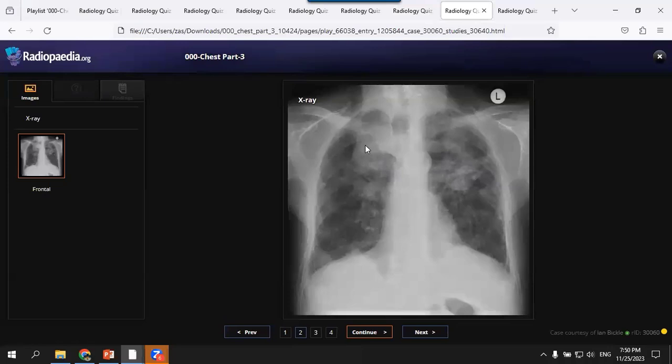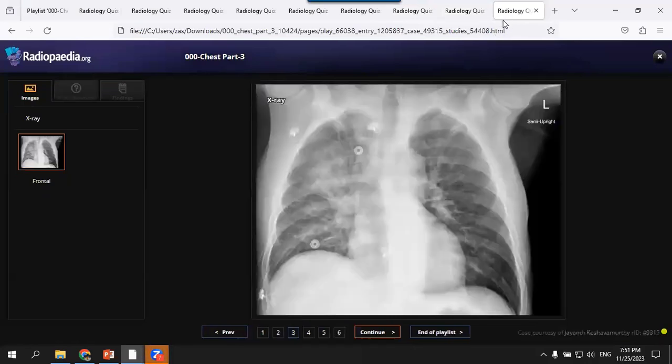What is the differential? Tuberculosis comes on top of my differential diagnosis. Other causes include sarcoidosis, pneumoconiosis, ankylosing spondylitis, neurofibromatosis. So I'd like to correlate with the clinical picture and compare with the previous. And progressive massive fibrosis. Yes, the last case, unilateral